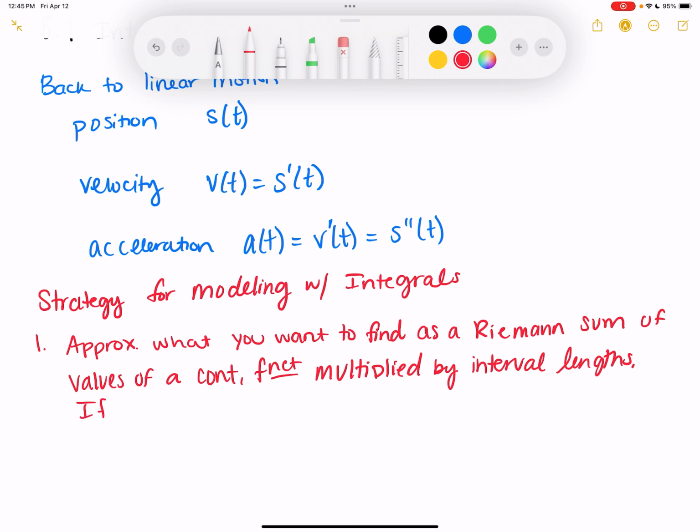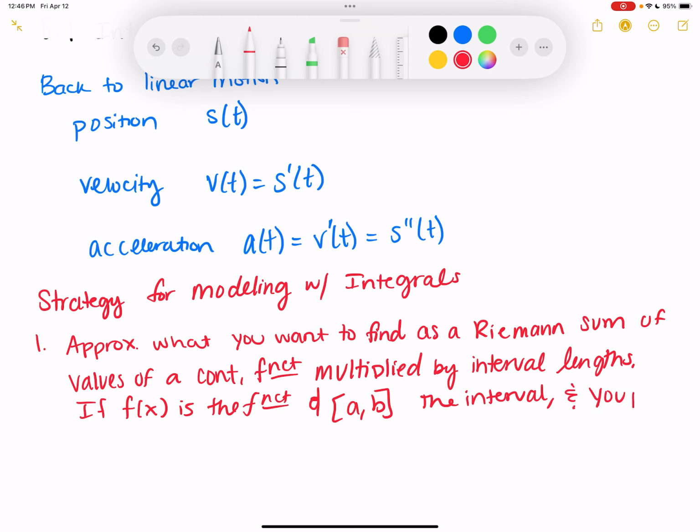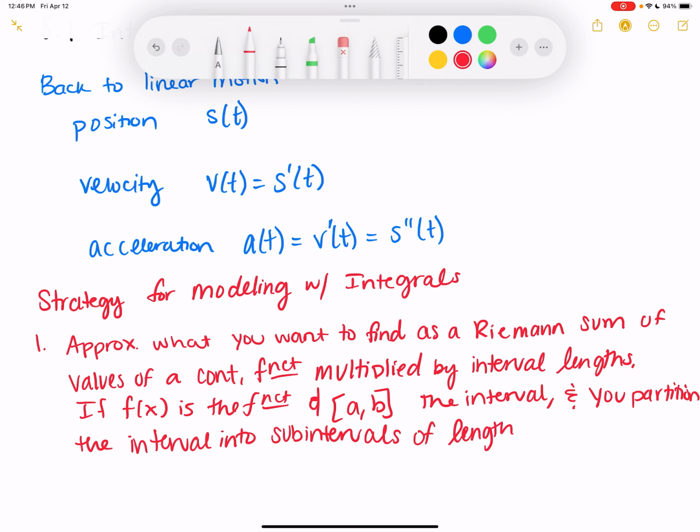If f of x is the function and the interval is a to b, and you partition the interval into subintervals of length delta x,